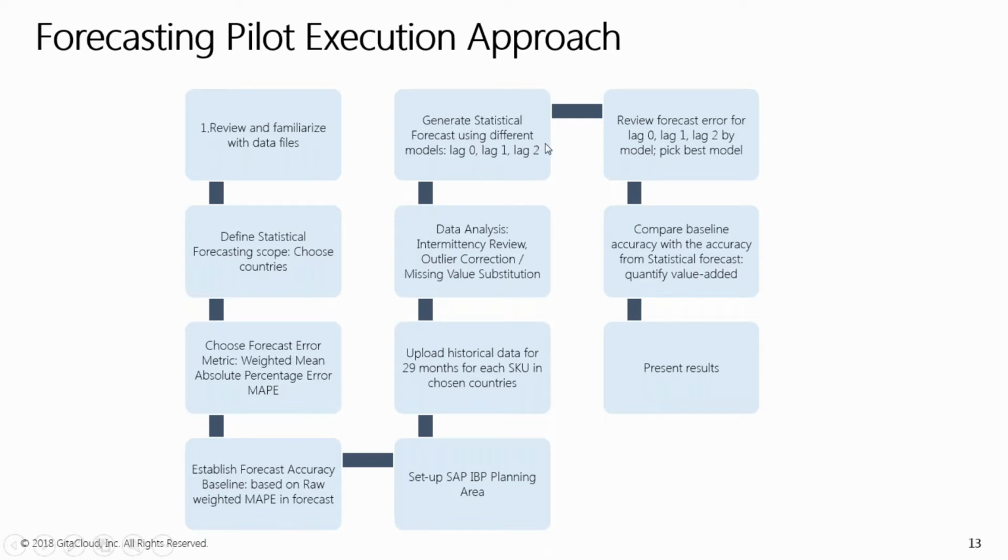So we use it for three different lags: lag 0, lag 1, lag 2. I'm going to talk a little bit about that in the next slide. And then we looked at the forecast error generated by all these techniques for the past historical data and picked the best model. So how did we decide the best model to forecast Dabur's data for May 2017, to present the case to Dabur that